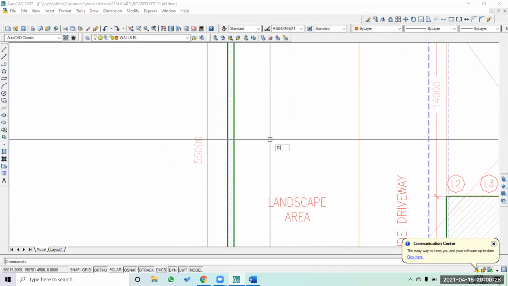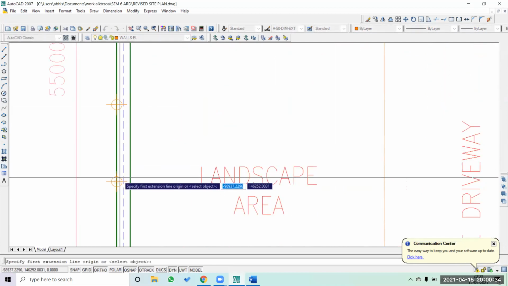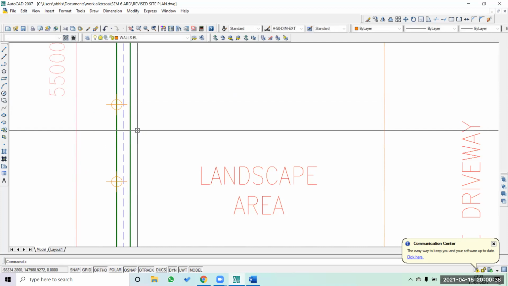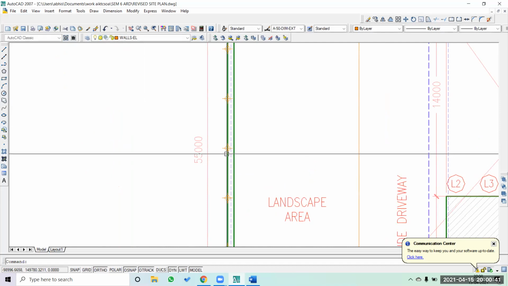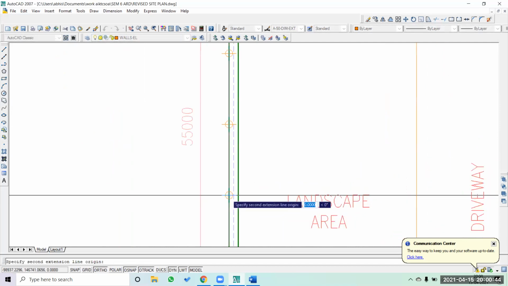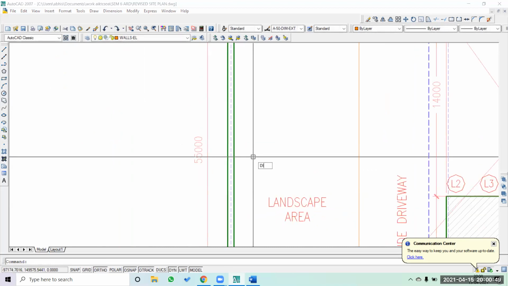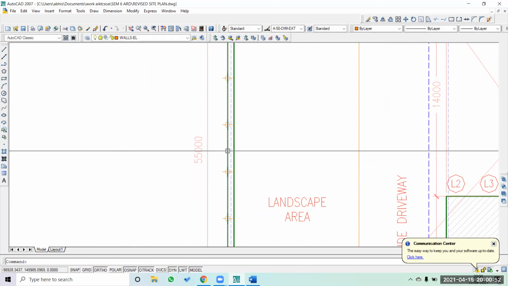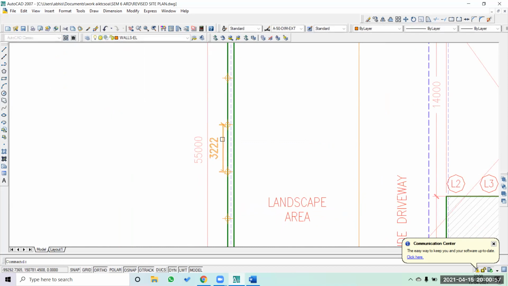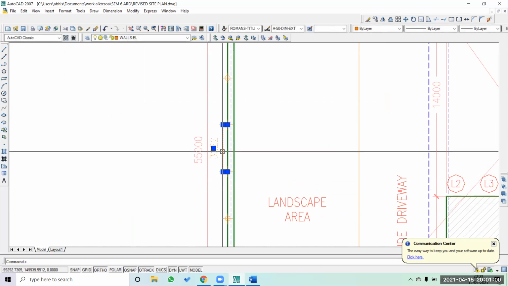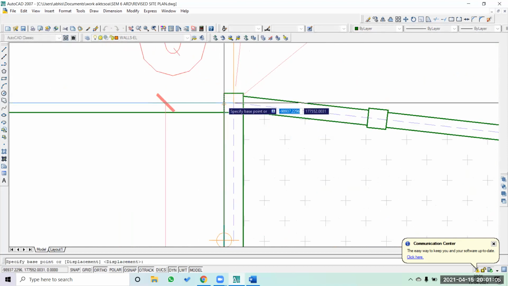You have to go for a division of 21. Still too small, so divide it into 16. Then we'll see what the size is. Oh, you have to go for 17. As I said, we have to come close to between 3200 and 3400. So we have got this, and this is perfectly okay for us.